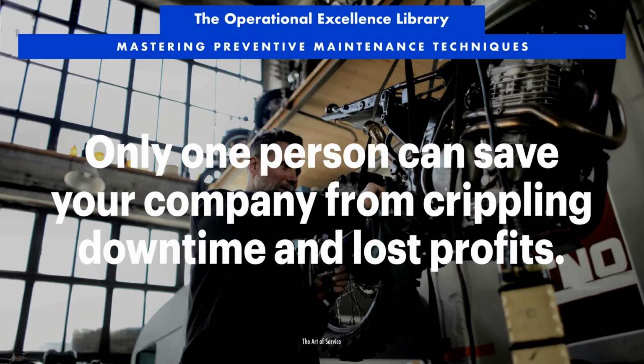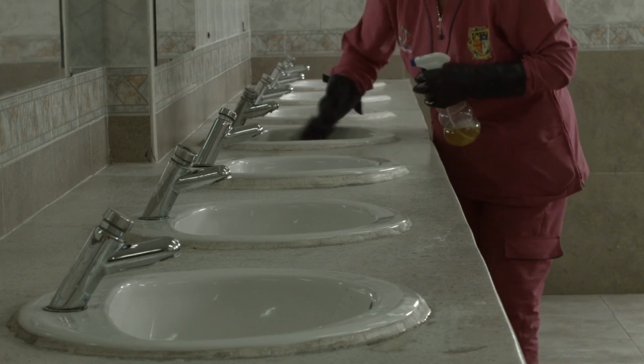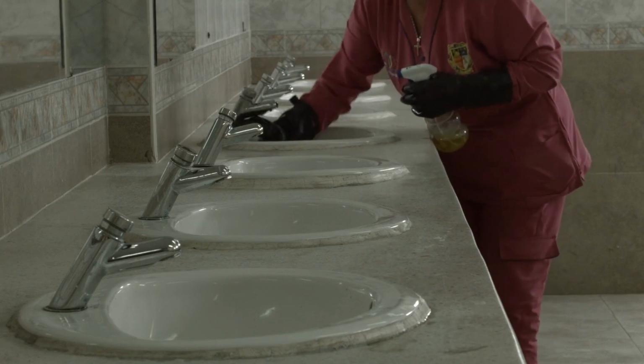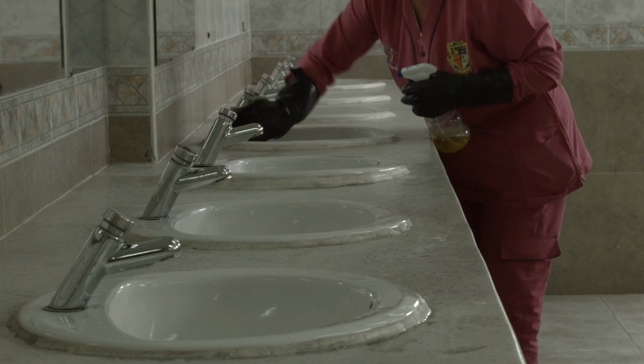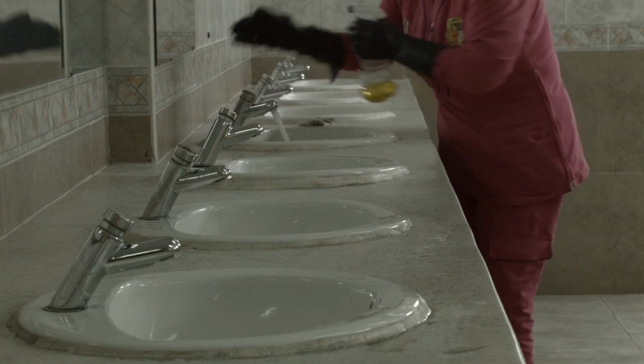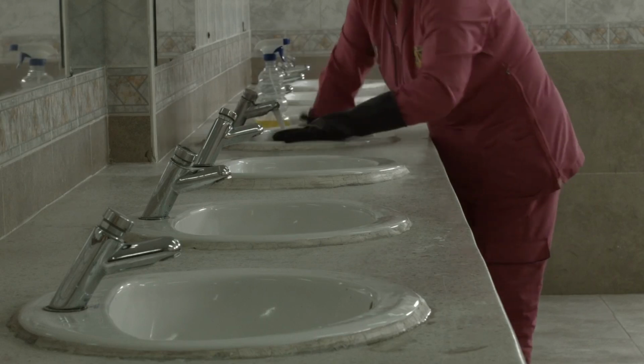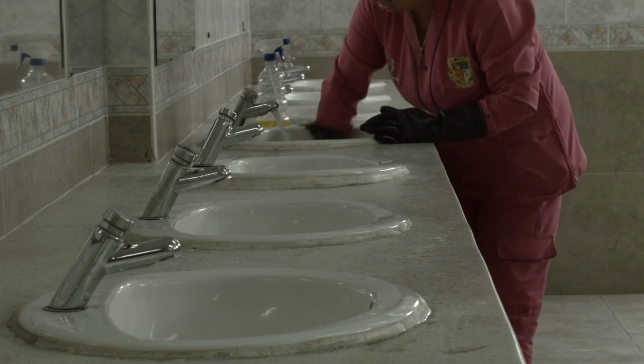Mastering preventive maintenance techniques. Only one person can save your company from crippling downtime and lost profits. Who within an organization is responsible for ensuring that the primary goals of preventive maintenance, such as reducing equipment downtime, improving production efficiency, and decreasing maintenance costs, are properly aligned with the organization's overall objectives of operational excellence, improved customer